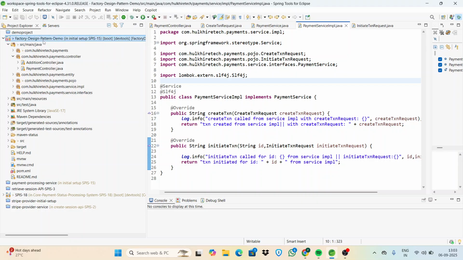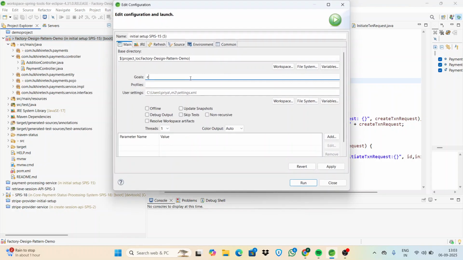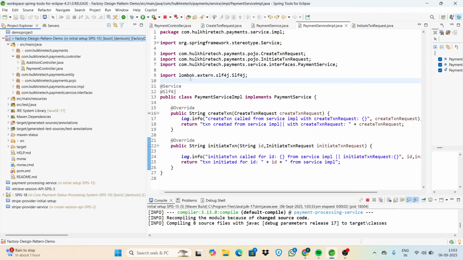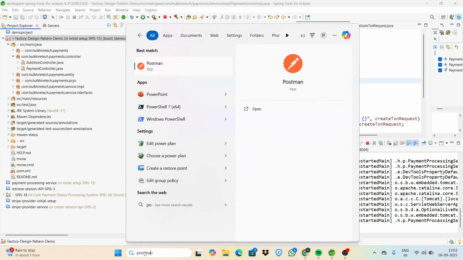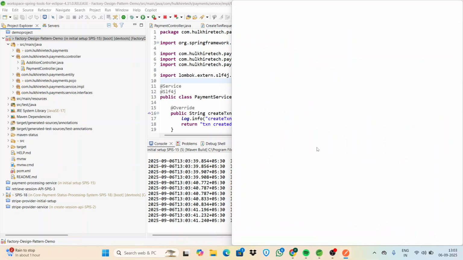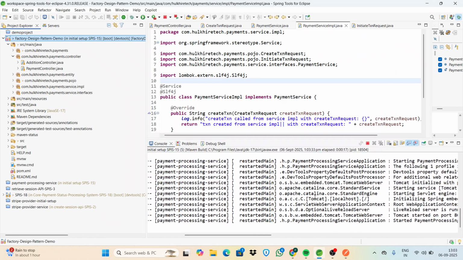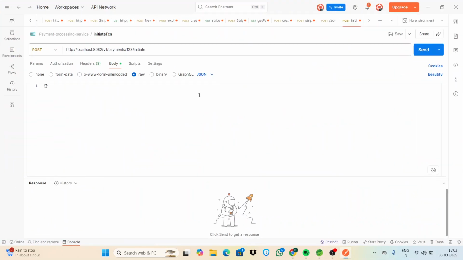So let's first execute it. Maven build, clean, Spring Boot. And here we are opening Postman for testing purposes. Okay, our application has been started, the server has been started. Let's first check